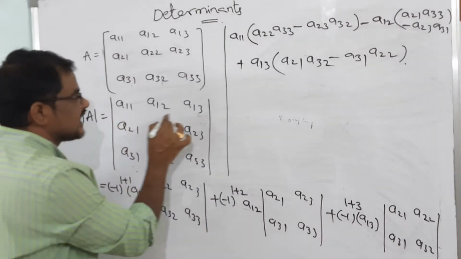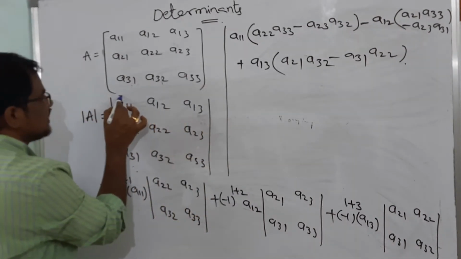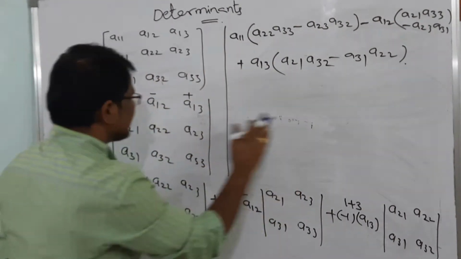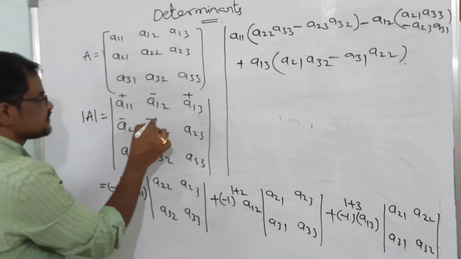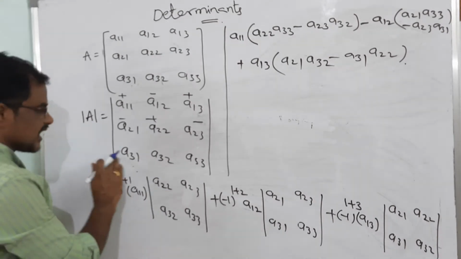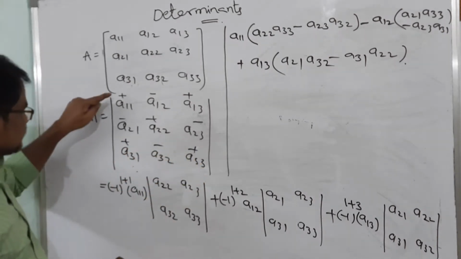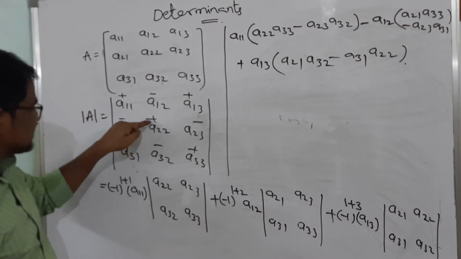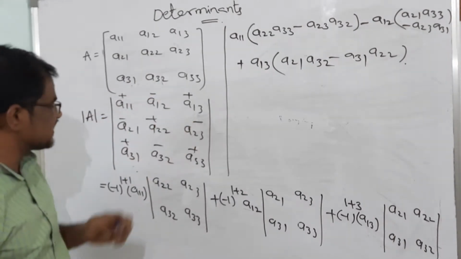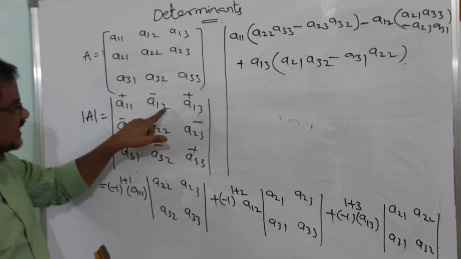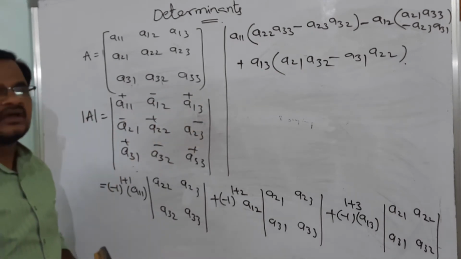If you expand along first row, it starts with plus, minus, plus. Suppose if you expand along second row, minus, plus, minus. If you expand third row, you can take here plus, minus, plus. Alternately you will get plus, minus, plus, minus, plus, minus, plus, minus, plus. Because position of element, minus 1 whole to the power of 1 plus 1 positive, here negative, here positive, minus 1 whole to the power of 1 plus 3.